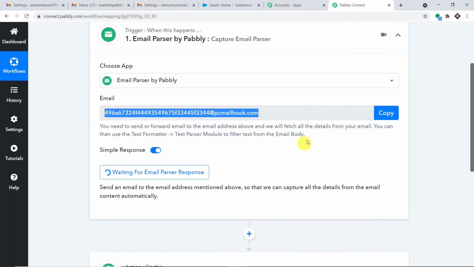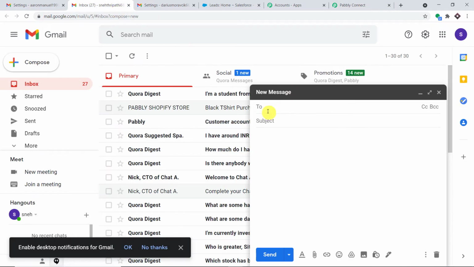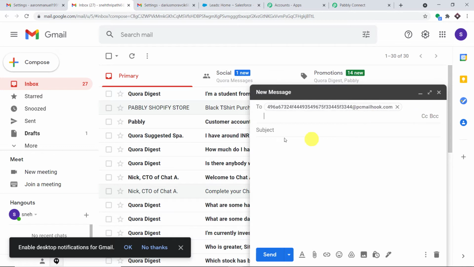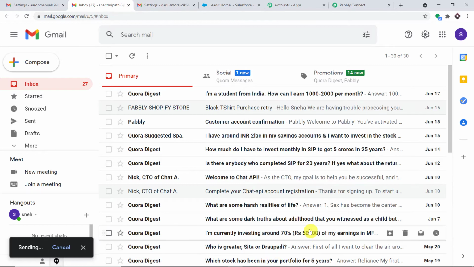Okay, so when I have clicked on copy, it is showing this waiting for the data. So let me just paste the email address here. Okay, so we have pasted the email address. I know it doesn't really look like an email address, because we are used to seeing Gmail or Hotmail, but it is also an email address. Now the subject is how about once again chess, and I love chess. Okay, that's a very simple subject, a very simple content. And let me just click on send.